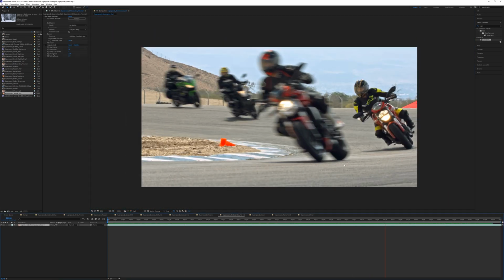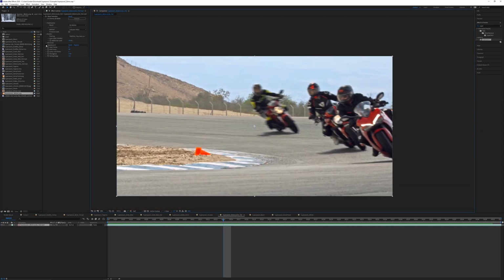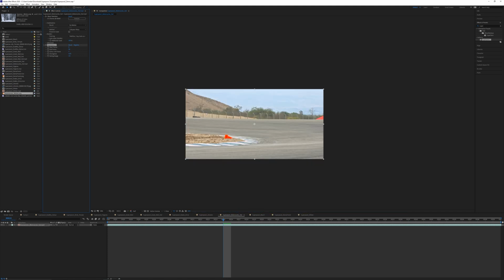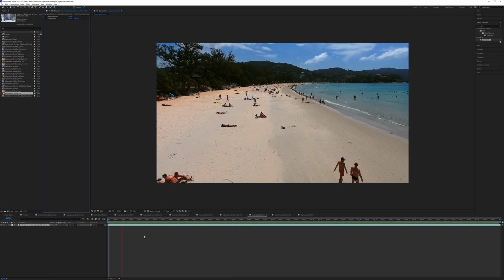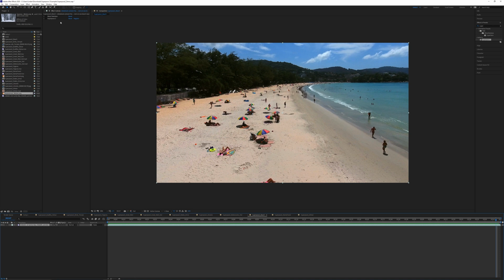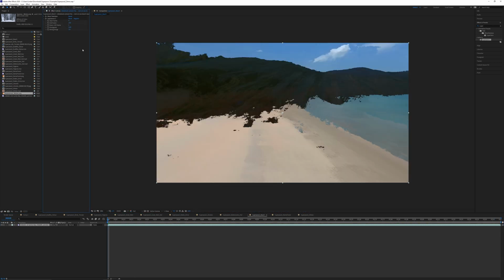Even if the camera isn't moving, there's quite a lot of heat distortion, and the algorithm isn't able to ignore it, and we get these weird black edges around some of the trees. This would require quite a bit of work to preserve the background. And of course, with a moving shot over this beach, even stabilization isn't going to be an option. And if we try to run superpose, we end up with this. So not really a good candidate for superpose.